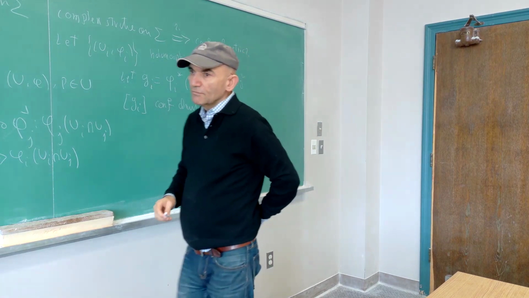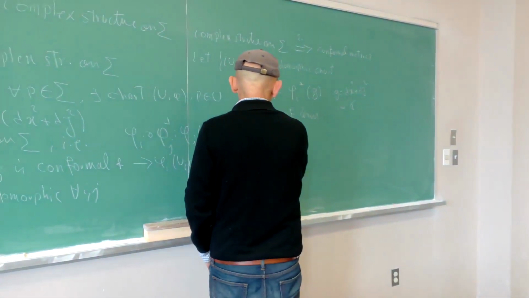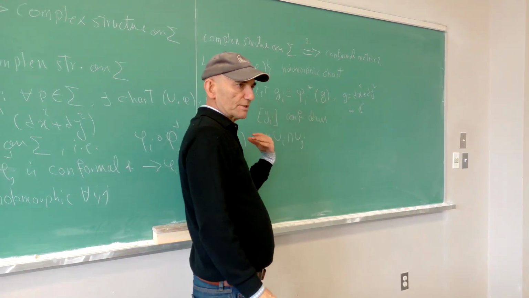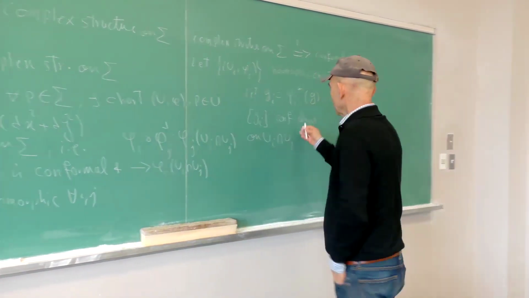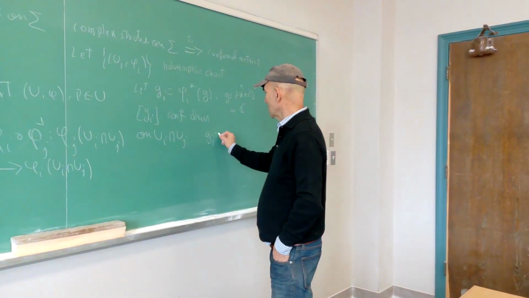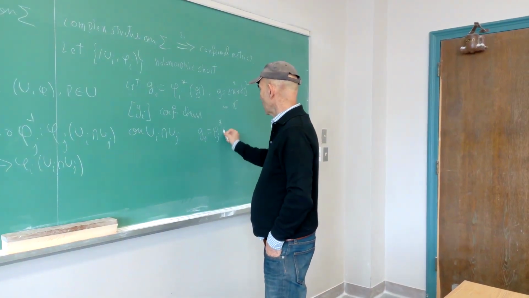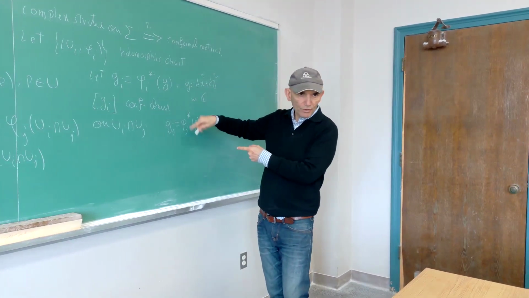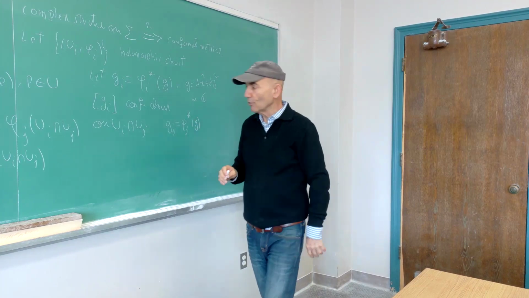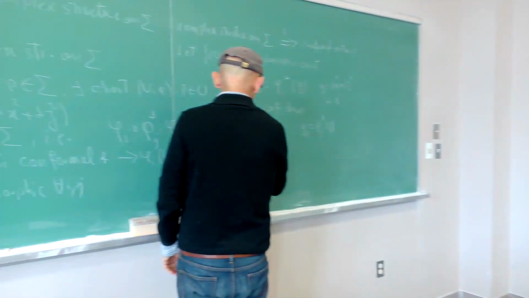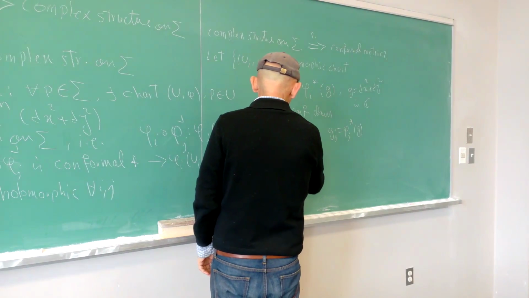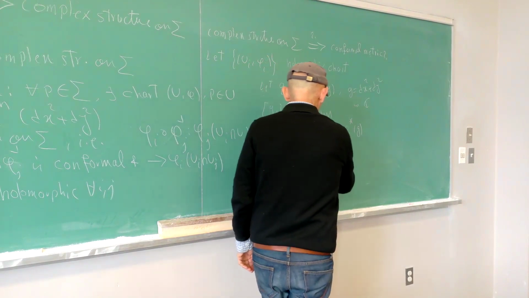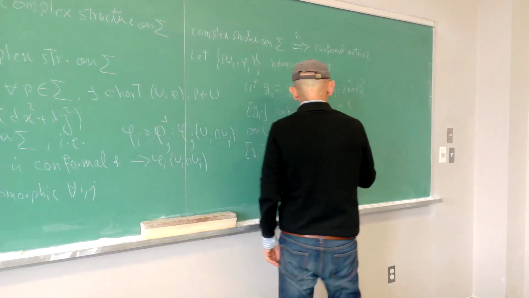Now, if you are on a different coordinate system, if you look at this metric, Gj, which is phi j star of G, because this change of coordinate is biholomorphic, the conformal class of Gi is equal to the conformal class of Gj on Ui intersection Uj, because this guy